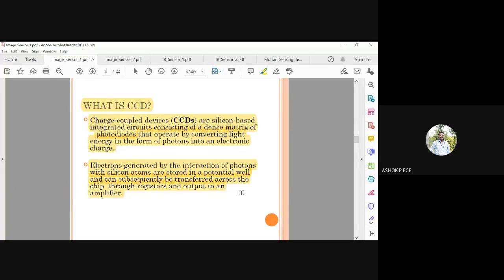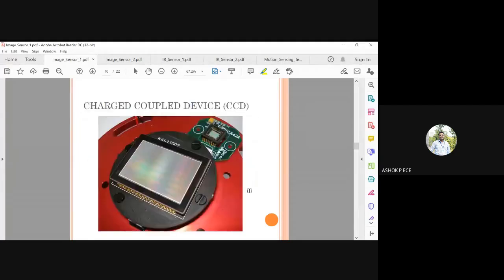So remember, CCD is going to be a matrix arrangement of photodiodes, and how is a photodiode going to work? It is going to work on light. When light falls on the photodiode, it is going to generate equivalent charge. I am going to store all these charges in a particular well, and these charges are transferred through resistors to the output. And the amount of electrons I store is going to be the brightness of the light falling on my photodiode. So if I have 5 electrons, brightness will be proportional to 5. If I have 100 electrons, brightness will be very, very high because more electrons are produced when the light intensity is very, very high.